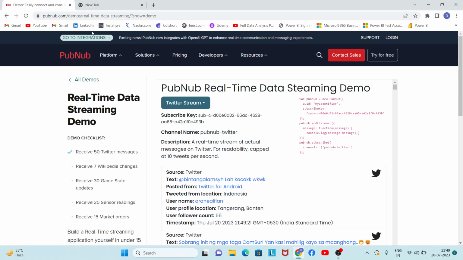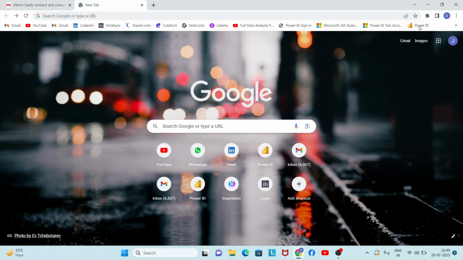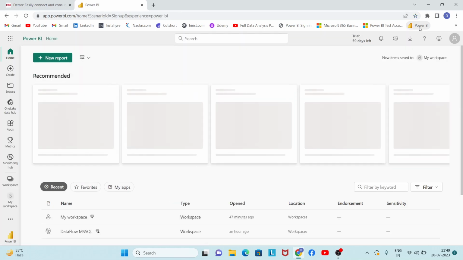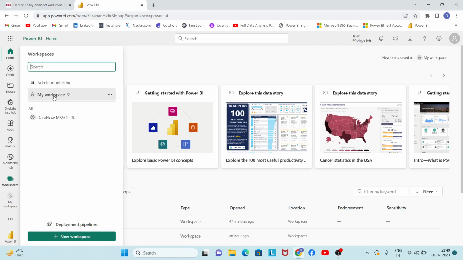And now I'll click here on new tab and I'll click here on Power BI. Since I've already signed in, it didn't ask for credentials. But if you want to sign in, then you can simply type powerbi.com in your browser and then you can sign into your Power BI account, right? Now let's click on workspaces, my workspace,